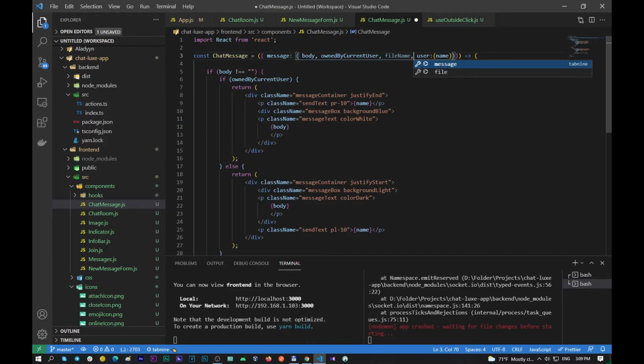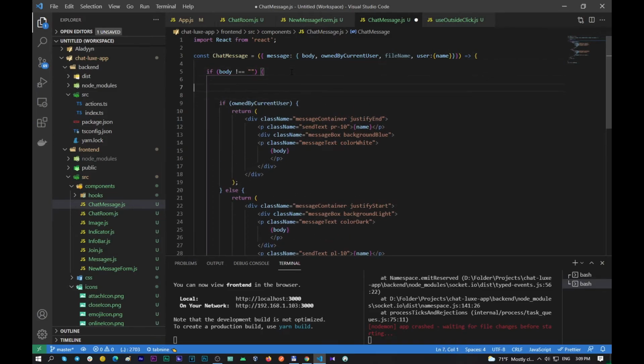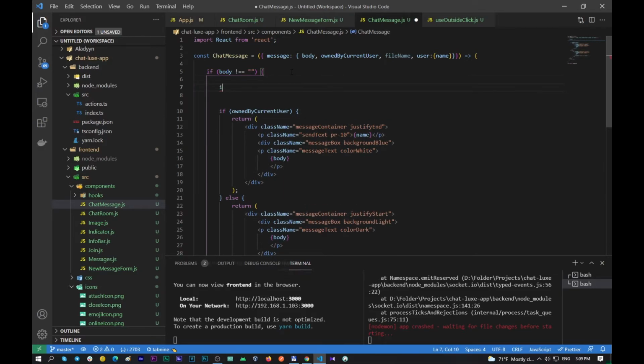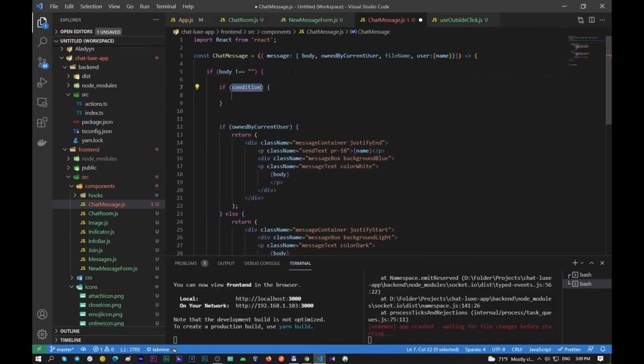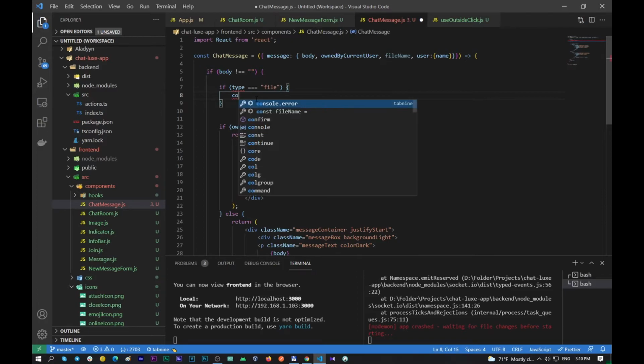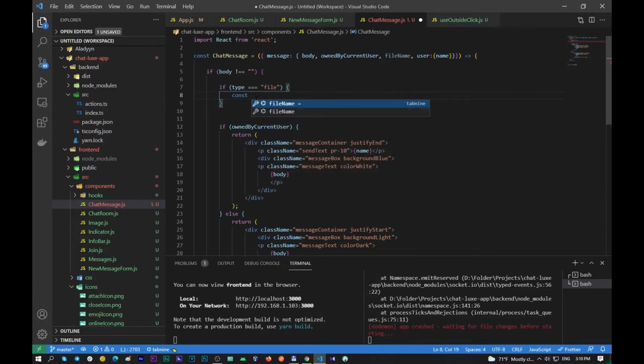So some condition for blob, let it be here. So if type is equal to file, or well, const blob, it is new blob,